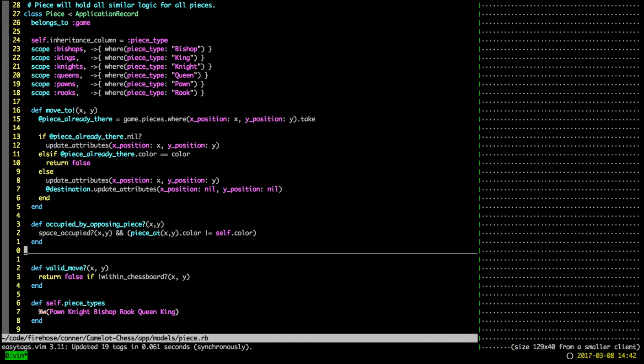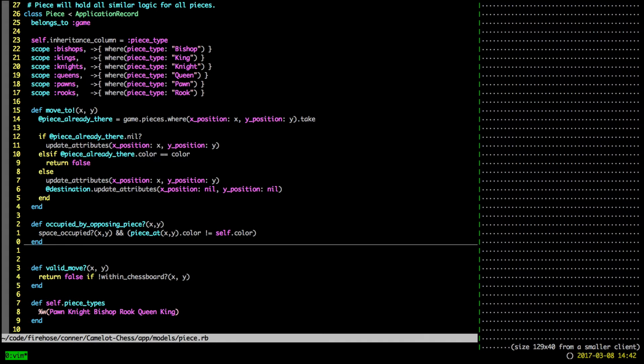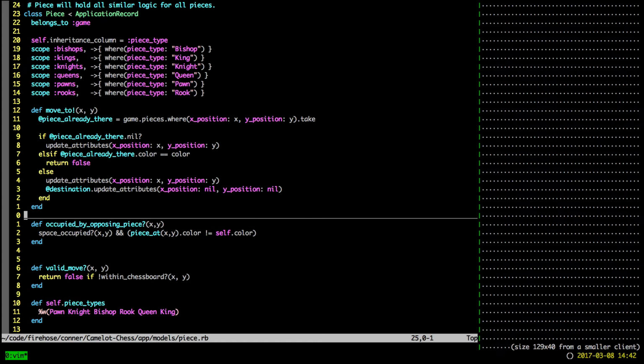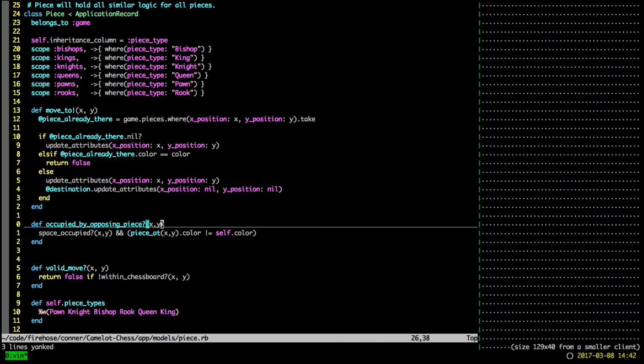Does that make sense, what I'm putting here? Yeah, absolutely. Okay. Yes. And it's nice and Englishy. And then what's the other condition? So occupied by opposing piece, and then the other thing we want to do, let's do